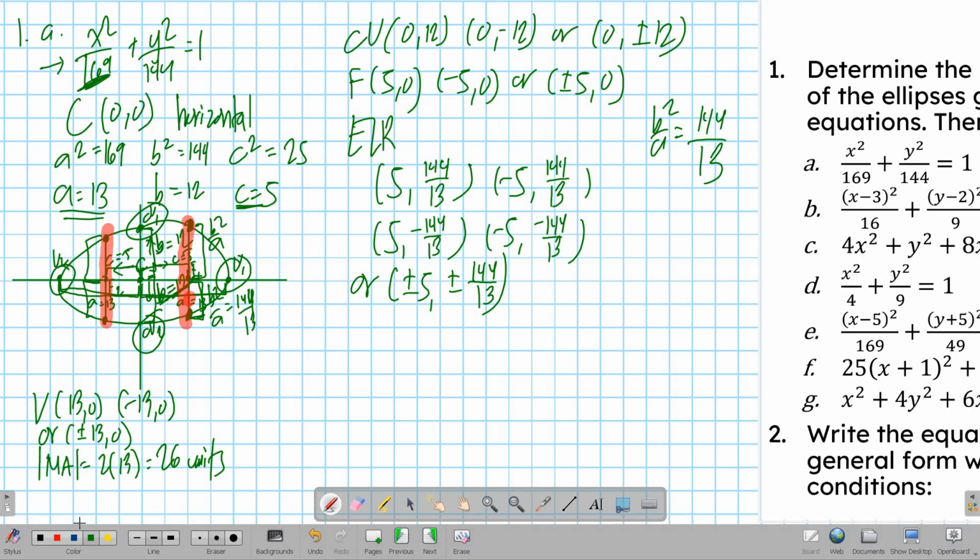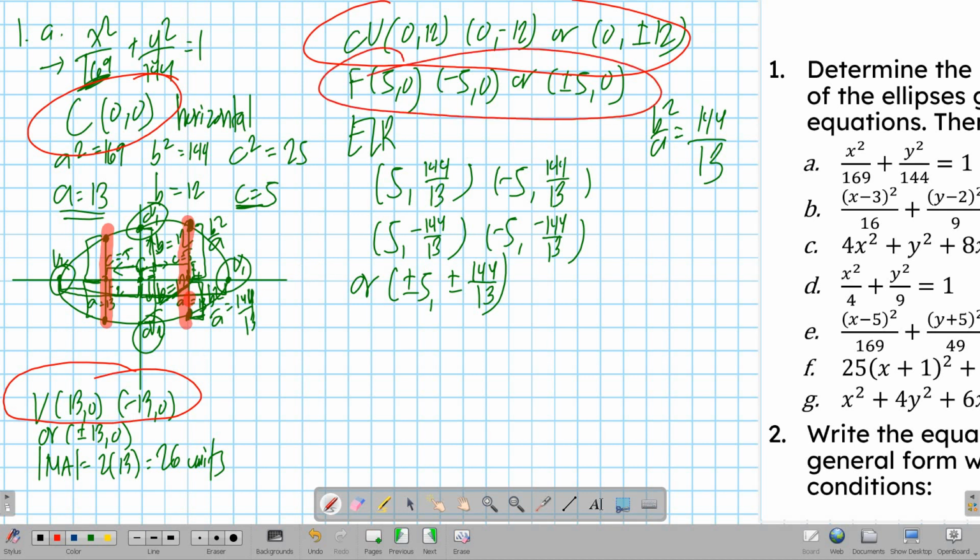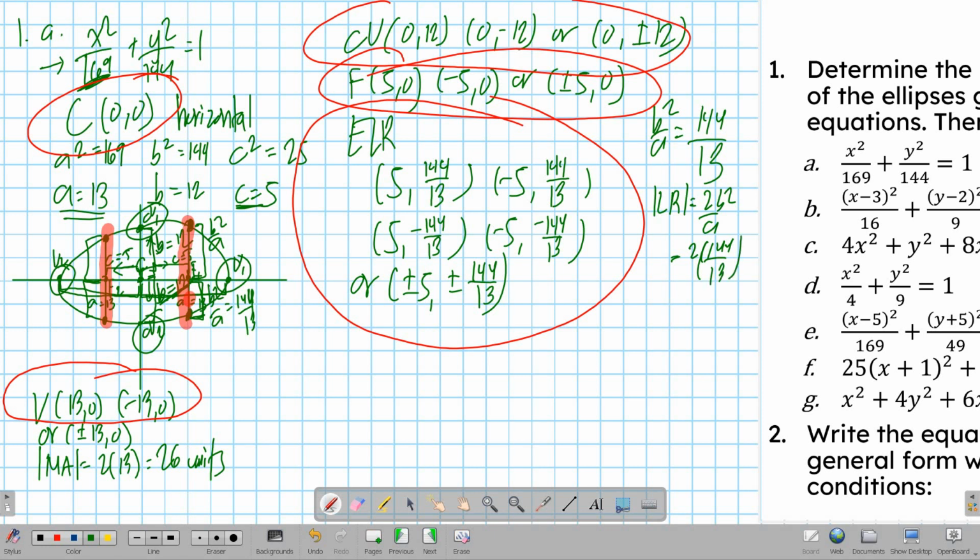So now our parts are complete. We have your center, your vertices, your co-vertices, your foci, your endpoints of the latus rectum. The lengths are usually asked, but they are not considered as parts. Which, by the way, if we want to find the length of each of our latus rectum, that's 2b squared over a. So that's 2 times 144 over 13, which is equal to 288 over 13